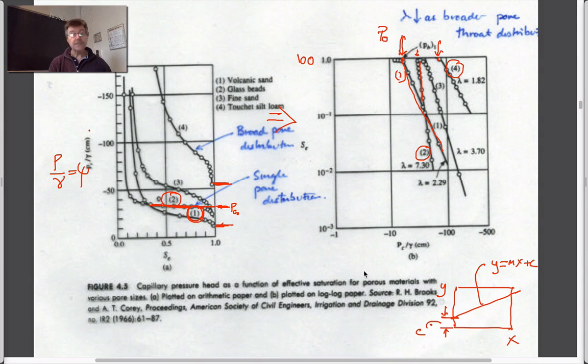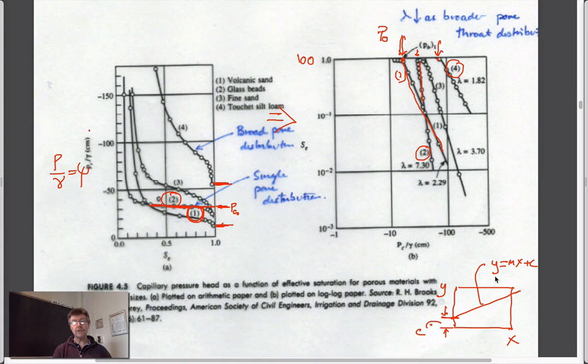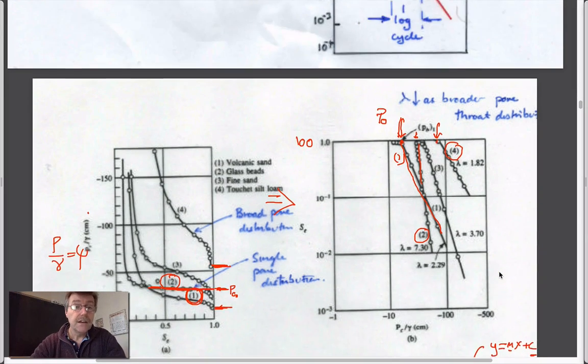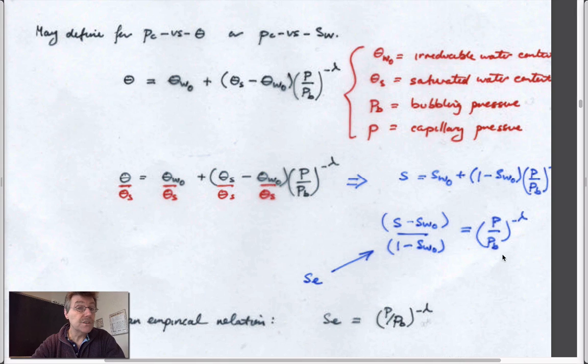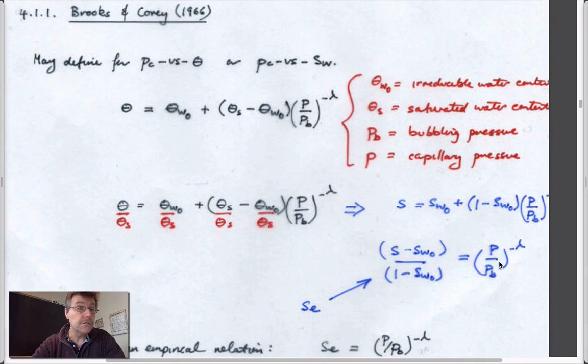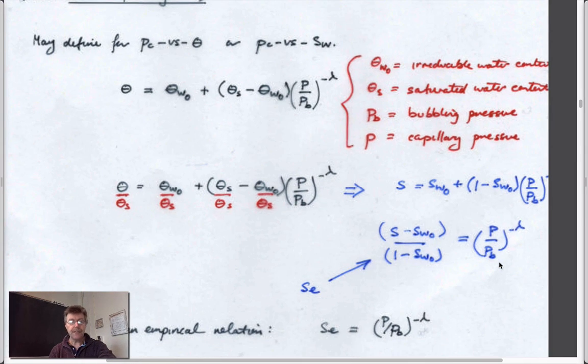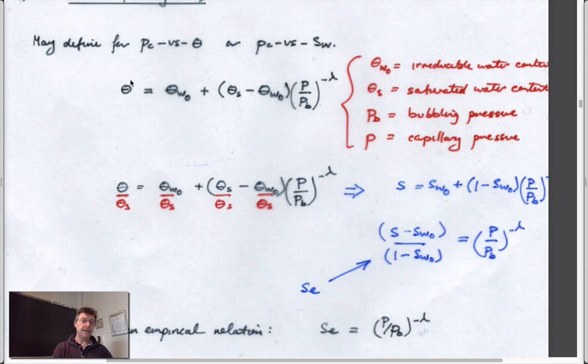And so the convenience of this is if you take these data and you plot them in log-log space and they plot as straight lines, then you can represent these curves by something that looks like this: a parameter equals a constant plus another parameter times its inclination, and that's it. And that was the observation of Brooks and Corey, who are agronomists, who basically saw that you could take these relationships and you could define the